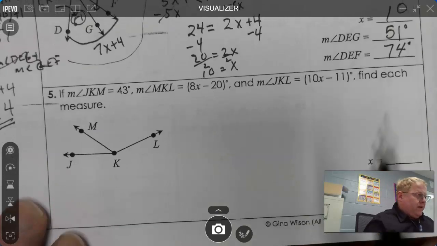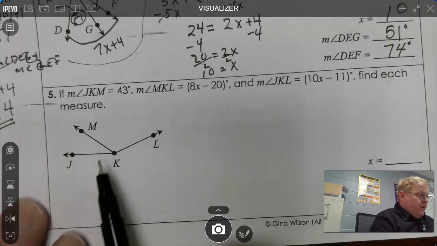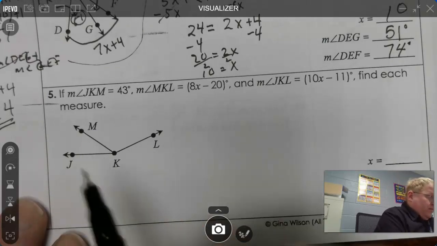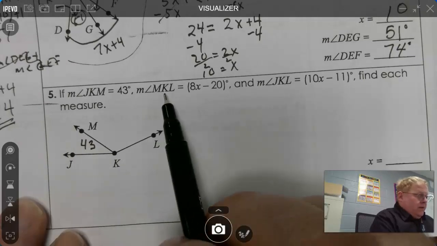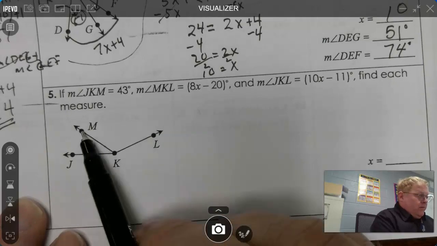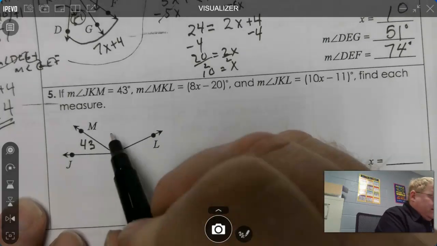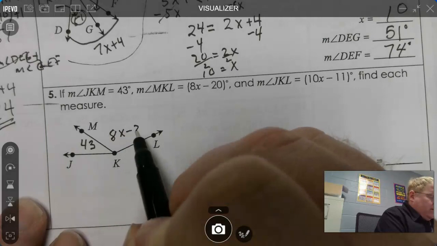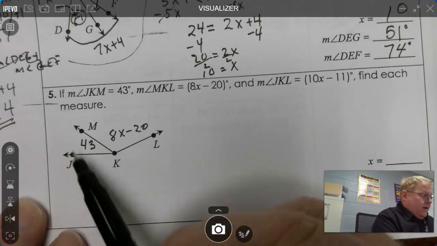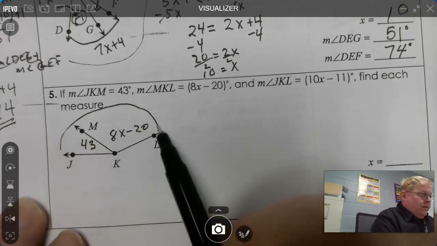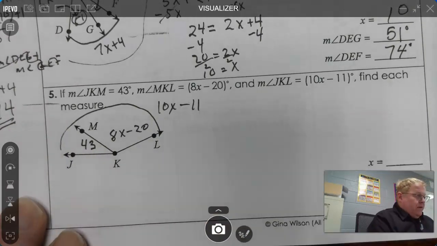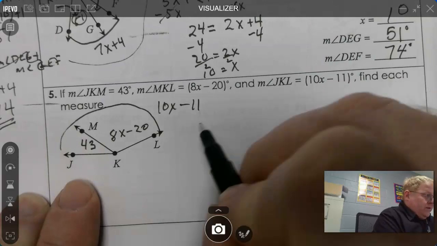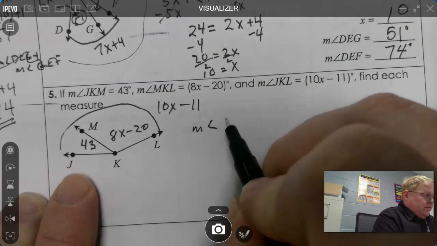Alright, so let's do this last one. JKM is 43, and MKL, follow your eyes, is 8x minus 20, and JKL, that's the whole thing, is 10x minus 11. So again, the measure of angle, small piece, JKM,